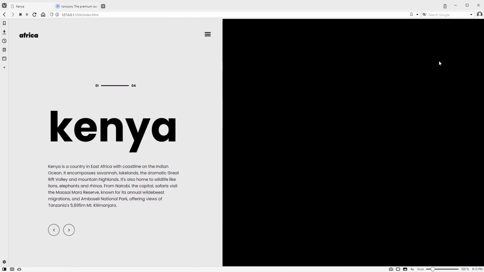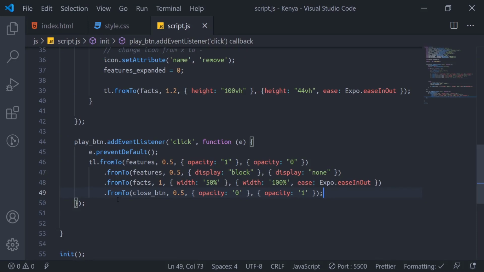So wait, there's an issue now. The X is supposed to come out now. Let's see. Close button 0.5 opacity. Well, it's not supposed to. Irrespective of single quote or double quote, we'll just do our thing. Let's see. Comma there, from, to. Why does this thing all come out?